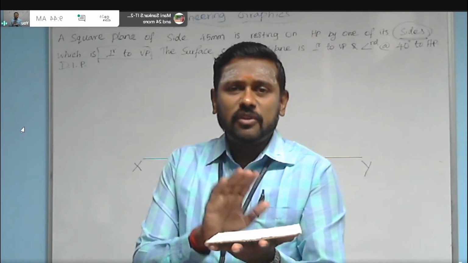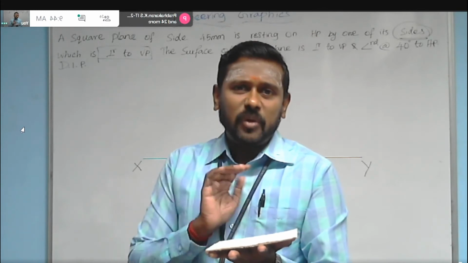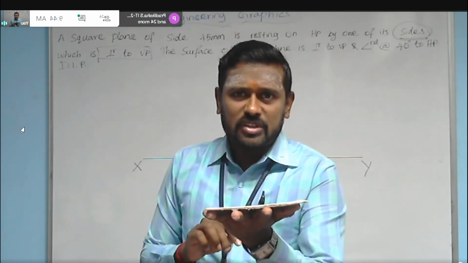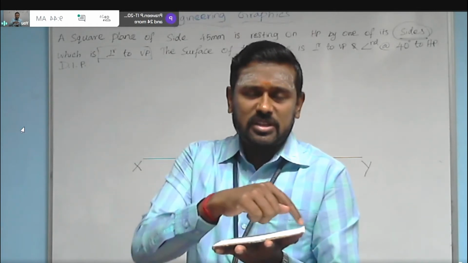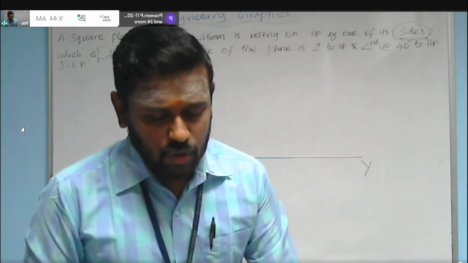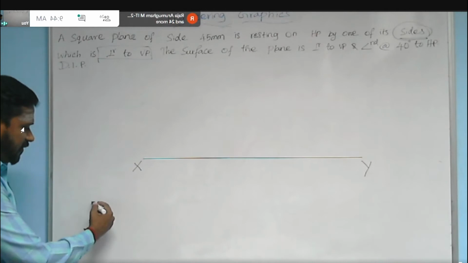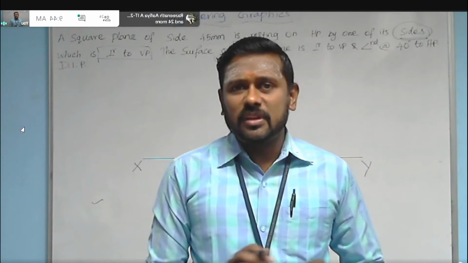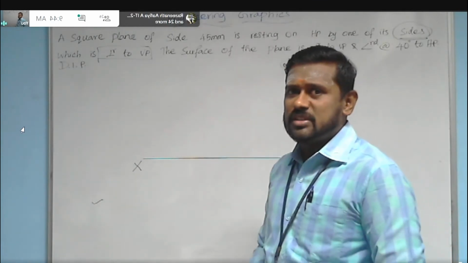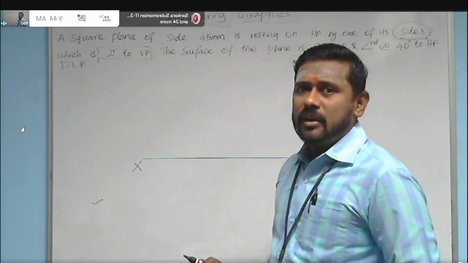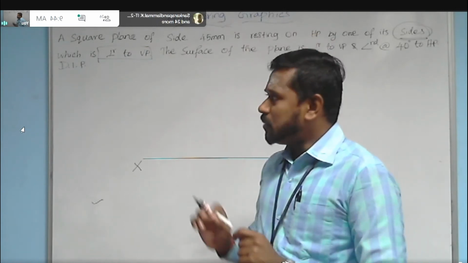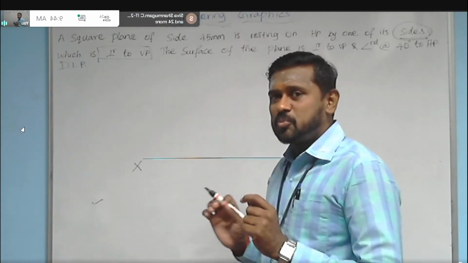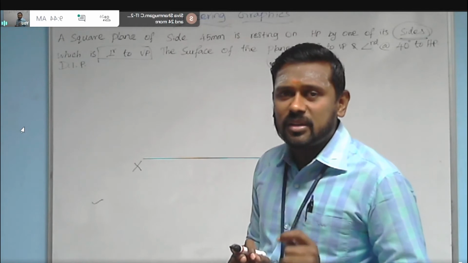Now you can say in which view you can see the shape of the plane, that is, the square shape of the plane, in the front view or top view. In this condition, in the top view, you can see the square surface. So here I am going to start the answer from the top view, because in the top view only I can see the base of the surface. In the previous question also I insisted that after drawing the XY line, the very first thing you need to decide is from which view I am going to start the answer, the front view or the top view. This is based only on in which view you are getting the base view.